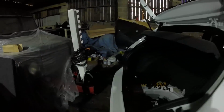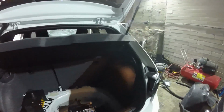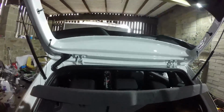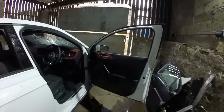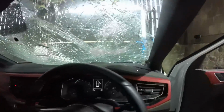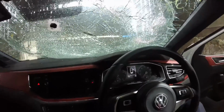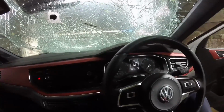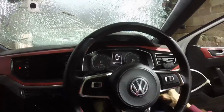So I went and got the battery back off the charger, and I've just connected it, and we do have some power. We have a light in here. The dash clocks are lit up, so let's give it a go and see now if it'll start up on its own battery, because like I said, I had it running for an hour yesterday after I'd jump started it, and I turned it off and it instantly wouldn't even crank. There was nothing at all, so the battery was that low, it just wouldn't put any charge into it. So